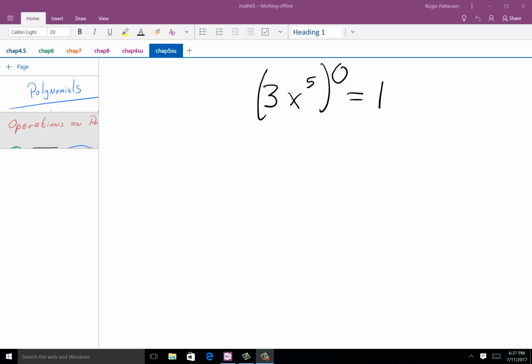Okay, so we were working with some of the properties of exponents when they were dividing, and we said we had to subtract the exponents. Okay, so if we have something like this,